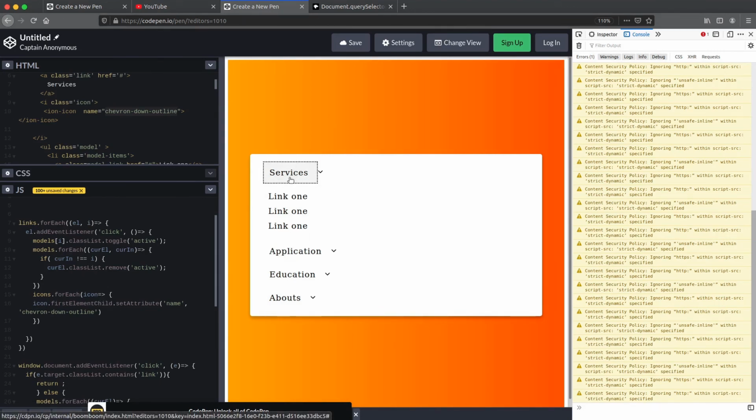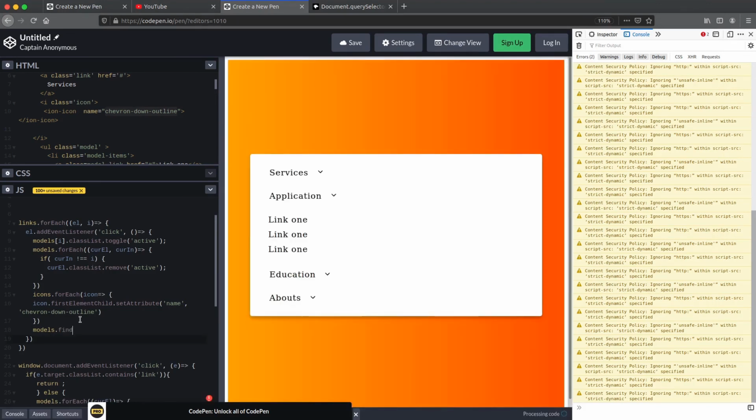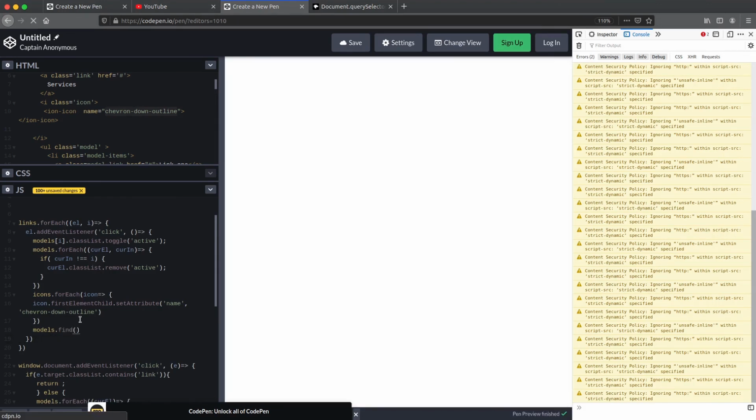So what we need to do is some advanced traversing. We have to first find this active menu, this active model. First we have to select models and find the active menu. For this we have the find method, and we find the active.